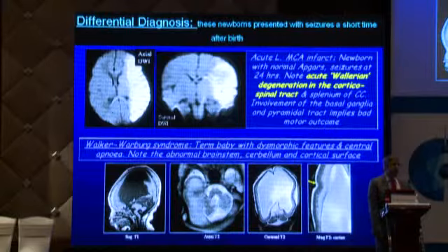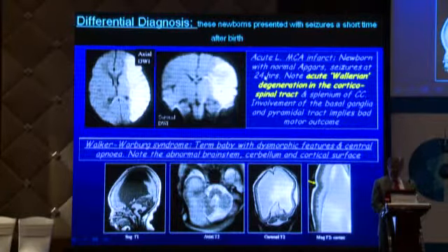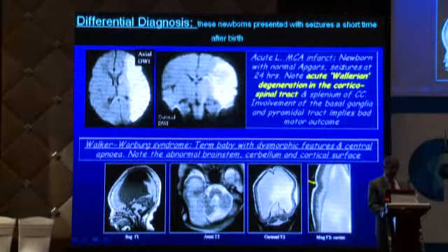Now remember that in neonates you can also get infarction. And this is a large left MCA territory infarct. This child presented with seizures at 24 hours, was otherwise born normally. Usually this could be due to congenital heart disease or sometimes placental thromboembolism or due to thrombotic diseases of the blood. In this pattern, what is very interesting in very young children is you see acute pre-Wallerian degeneration of the corticospinal tract. And you can see that actually the diffusion abnormality in the deep gray and the corticospinal tract and the splenium of the corpus callosum is pre-Wallerian degeneration secondary to the primary MCA infarct.